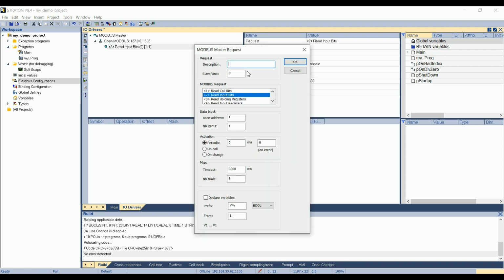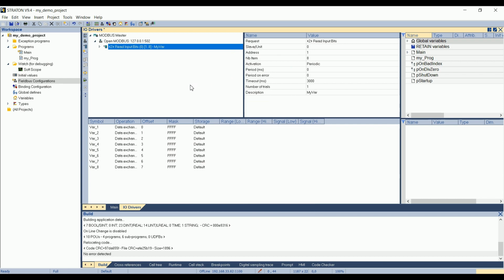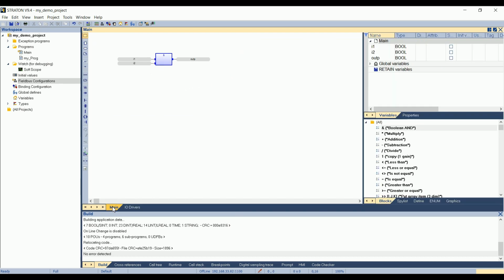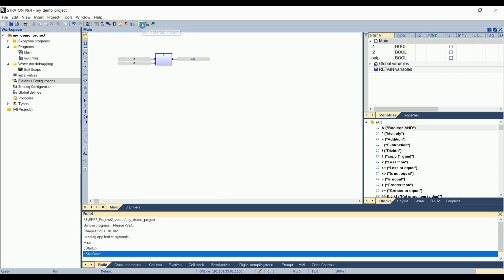And I can insert variables. I can choose, for example, to add 8 items here and to declare automatically the variables. Okay. So now my FieldBus configuration is created. I rebuilt my project. Still no errors.